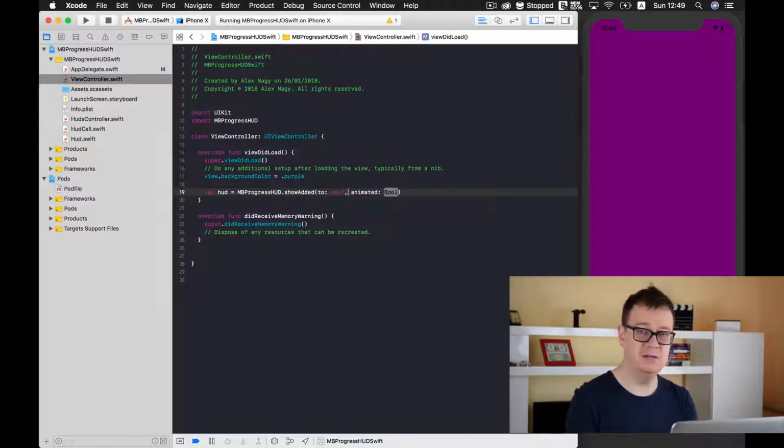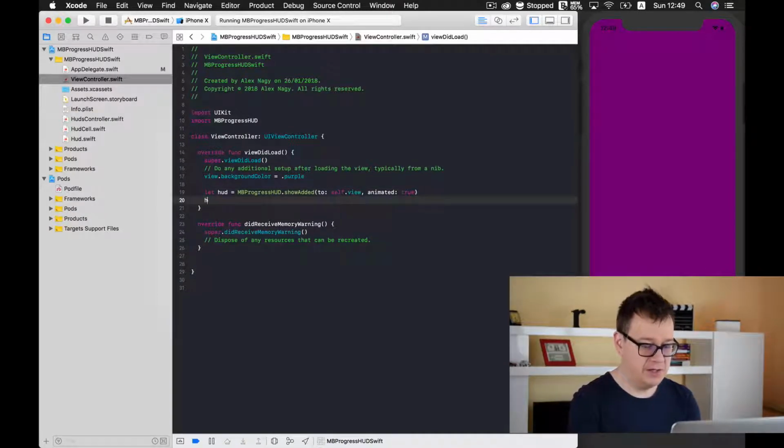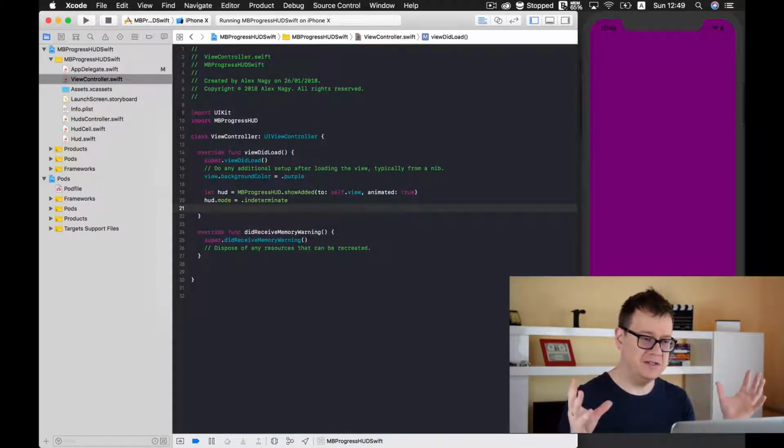Now we don't need to deal with all of that other stuff. We will animate it. Okay, let's see if that works. View, that is the correct format. Okay, now the HUD's mode should be indeterminate,